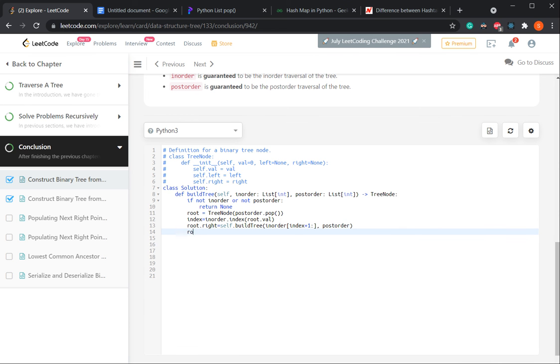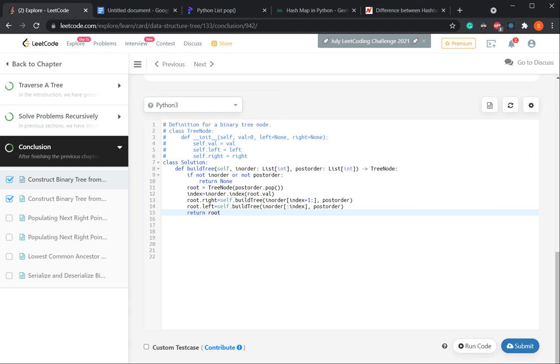Similarly write root.left equals self.buildTree, and pass two arguments: inorder, that is the elements left of the index, and pass the postorder as it is. And finally return the root node of the tree.